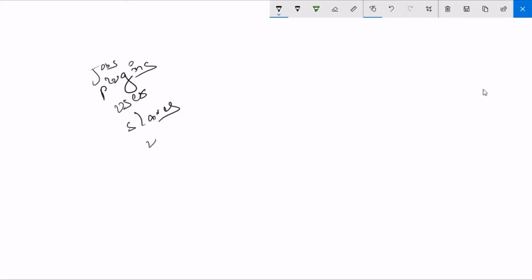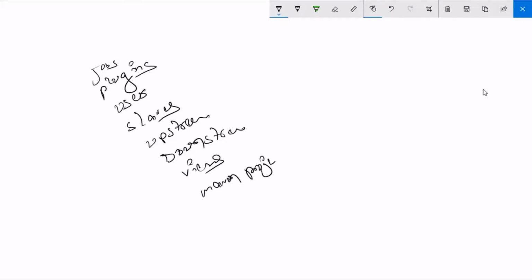Linking projects upstream, downstream we have seen. Views we have seen. What else did we discuss? Maven project we have seen. Maven project, freestyle project.